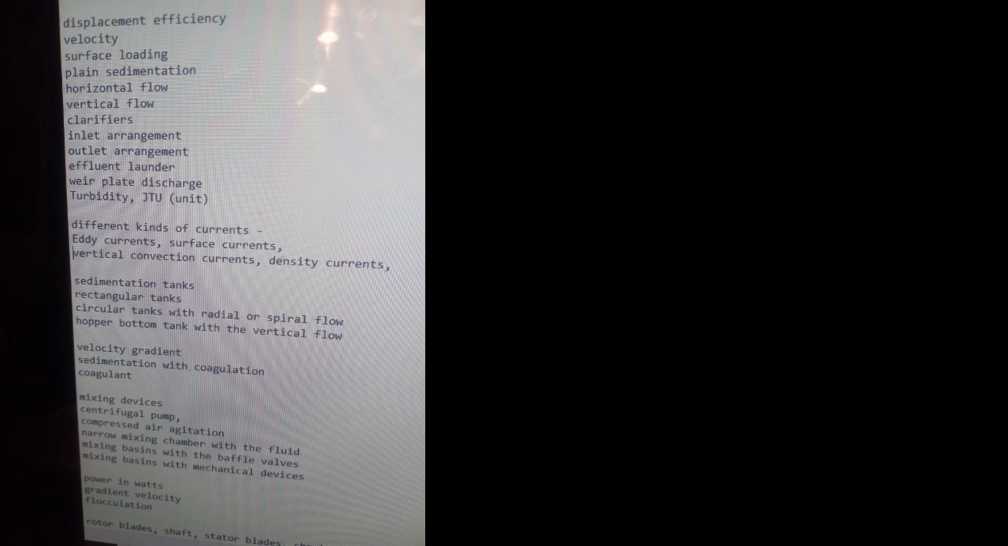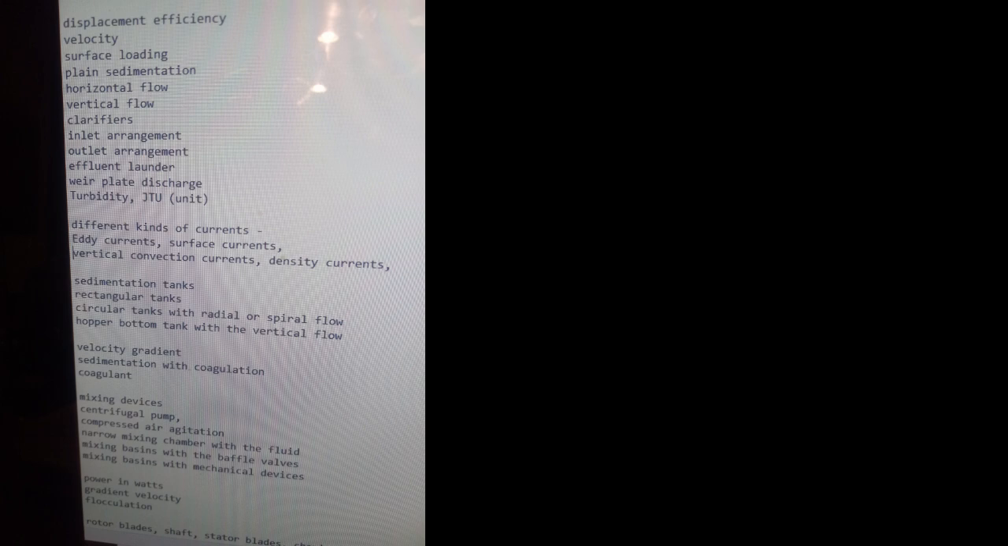discharge, turbidity, unit JTU, different kinds of currents, eddy currents, surface currents, vertical convection currents, density currents. Sedimentation tanks, rectangular tanks, circular tanks with radial or spiral flow, hopper bottom tank with the vertical flow, velocity gradient, sedimentation with coagulation, coagulants,